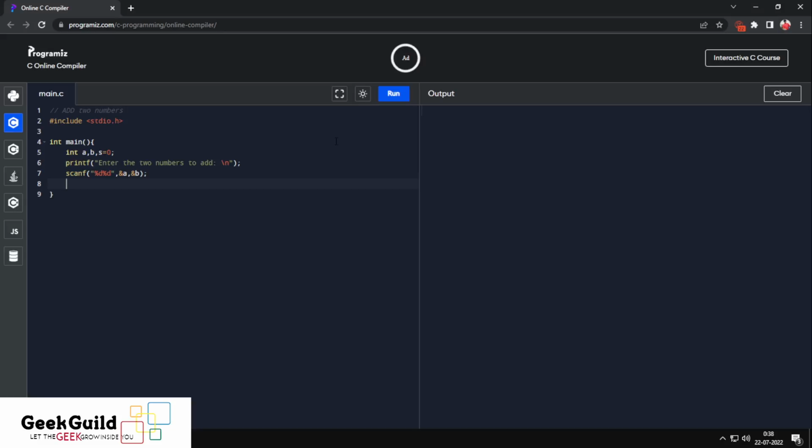Now what we will do, we will just add up and store the values in s. So s will be a plus b, right? So now the values of a and b have been stored, or I should say added up and stored in s. Now what we need to do, we just need to print this statement, printf,